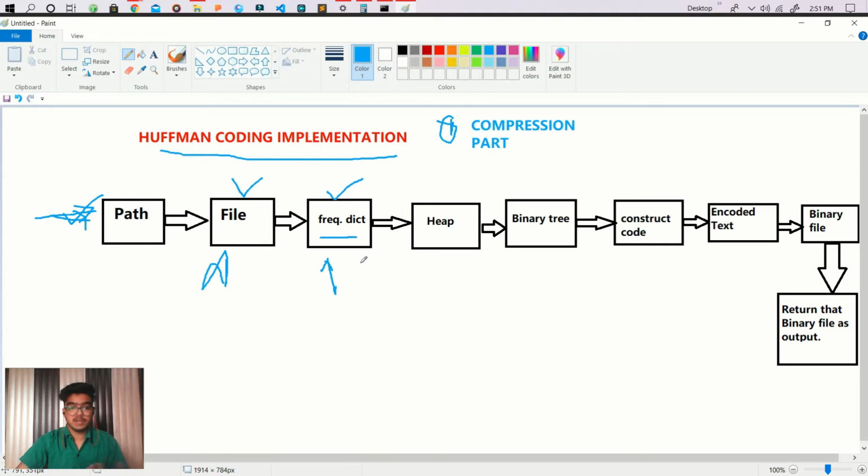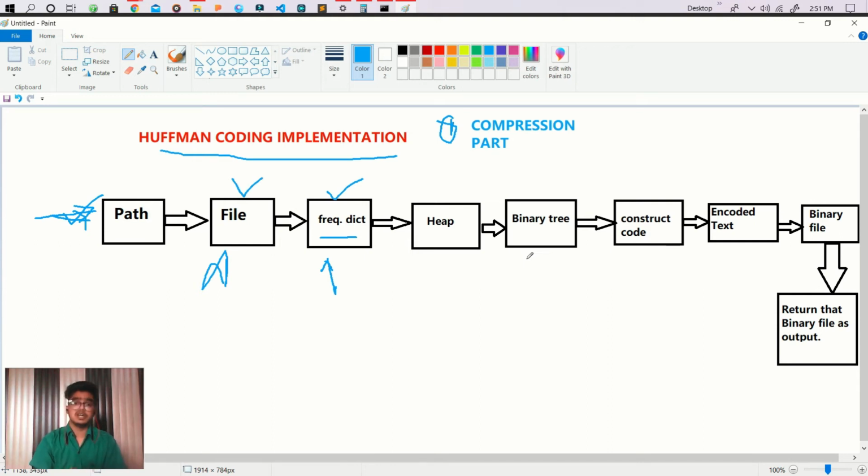After that, we have the frequency of all the text. Now we require the two characters having minimum frequency at each step, because in order to create the binary tree we need two characters having minimum frequency.